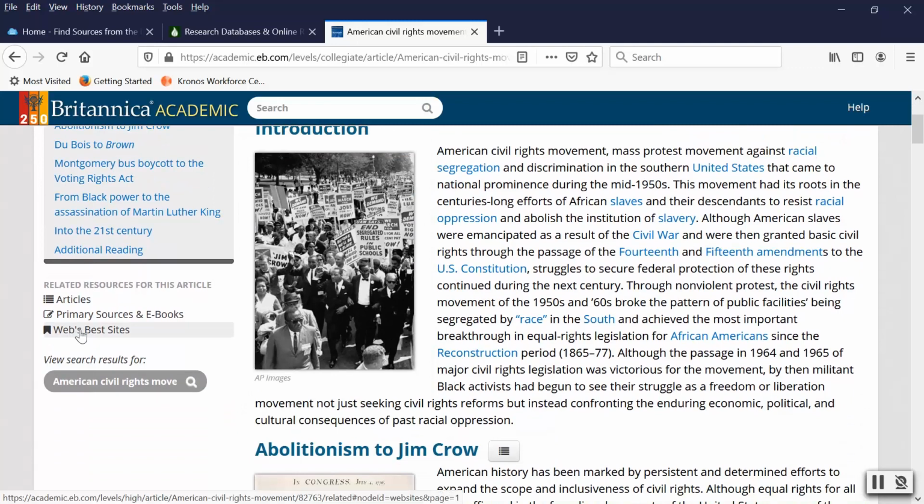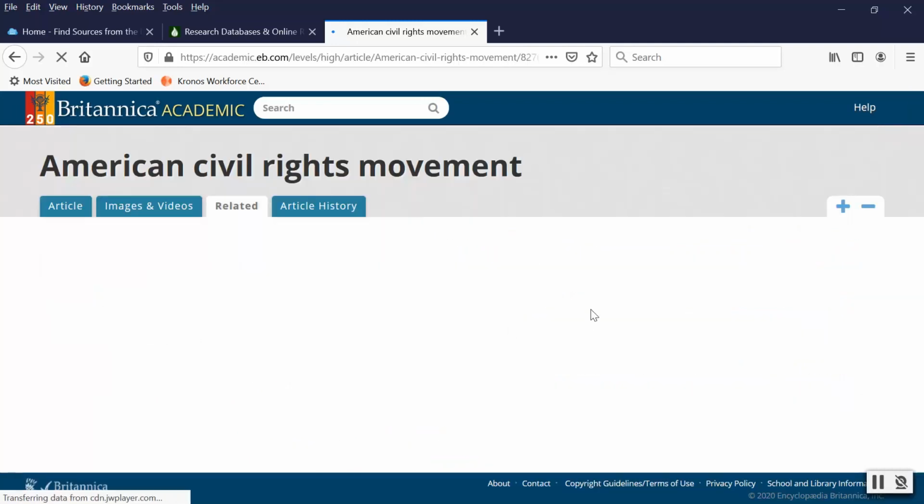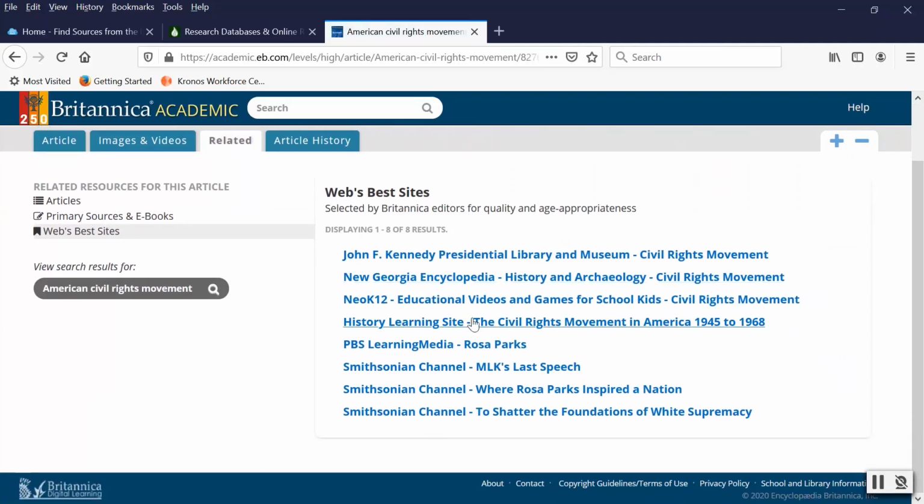And you'll see, as I mentioned before, you can view related articles and the Web's Best Sites for the American Civil Rights Movement. So as you can see, there's a lot to work with here on Britannica Academic once you break down your research question. Just pull apart those different people, places, and things or movements that you can grab out of there. Go into Britannica Academic and let yourself fall down the rabbit hole, so to speak, of research. Expand your knowledge, and then you can go into writing your research paper and be more confident about what you're